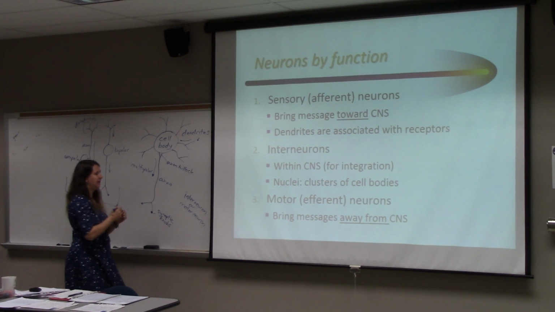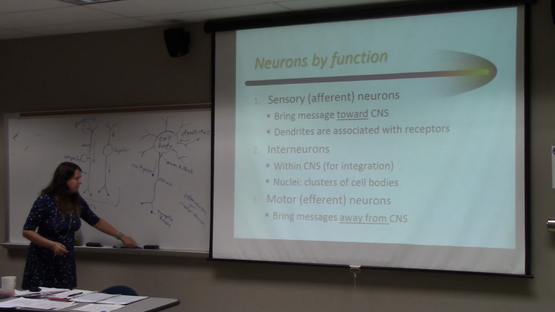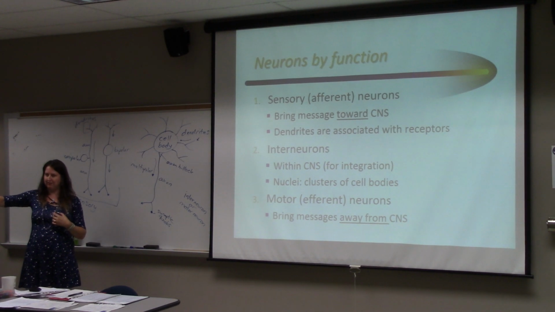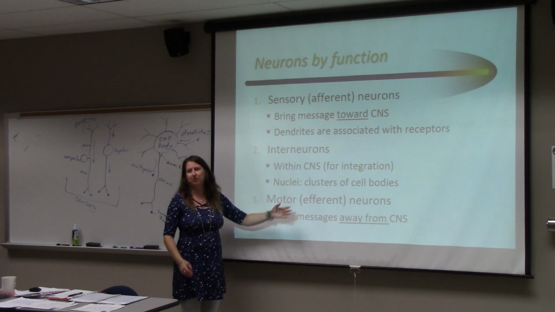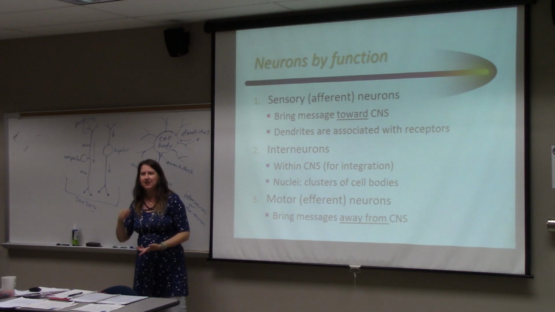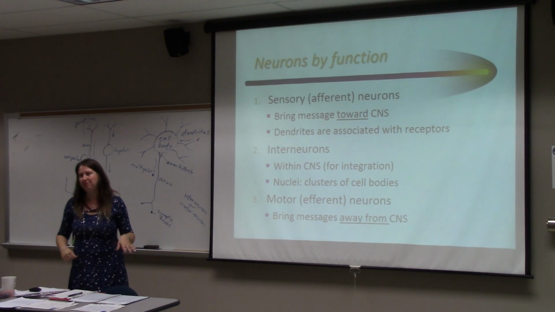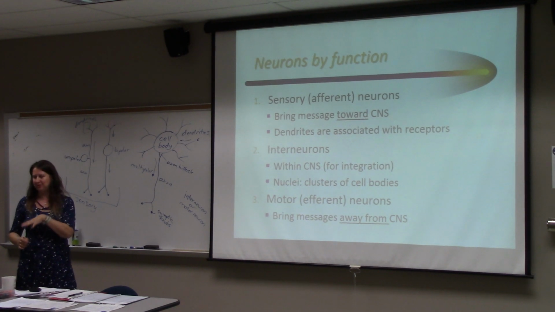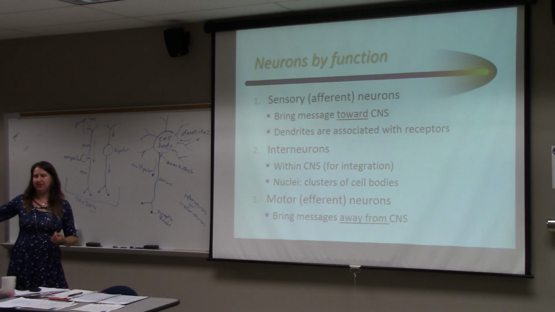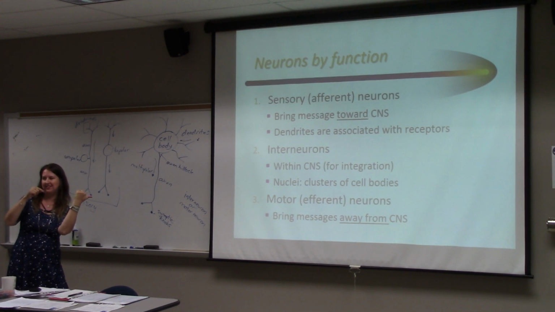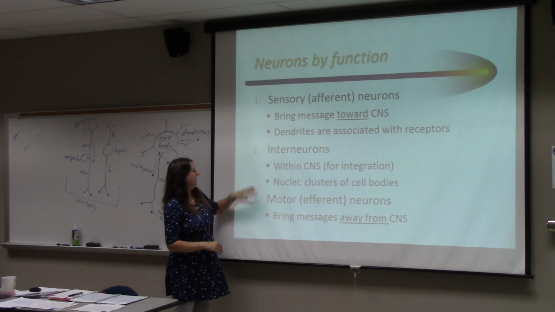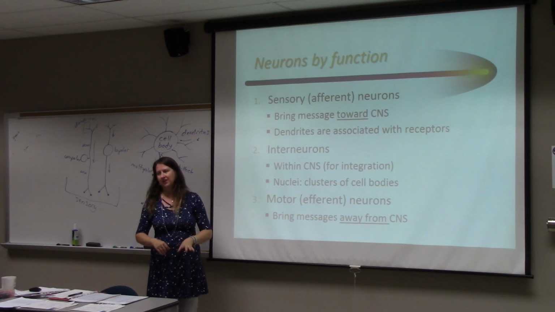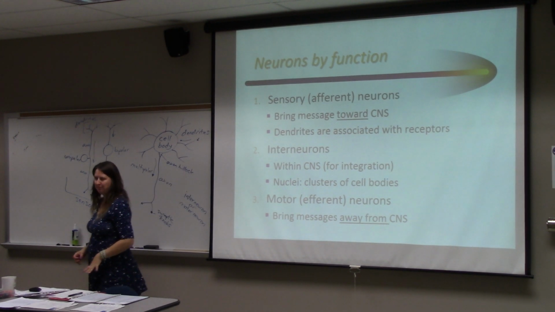And then motor neurons are the ones that take the messages away from the CNS. Motor is sometimes called efferent, which means coming out of something. If you need to remember afferent and efferent, which you will when we get to the kidneys, think A for arrive, E for exit. Interneurons and motor neurons are both multipolar,